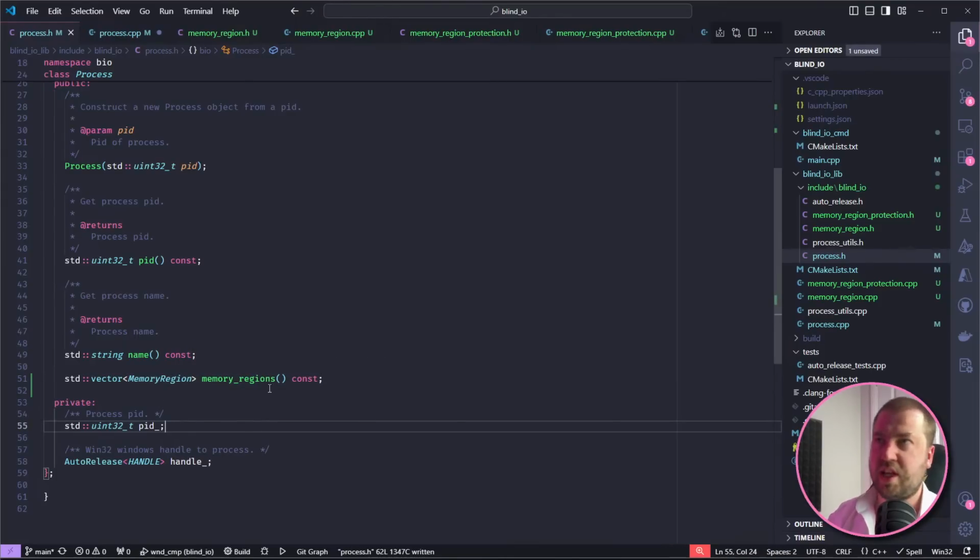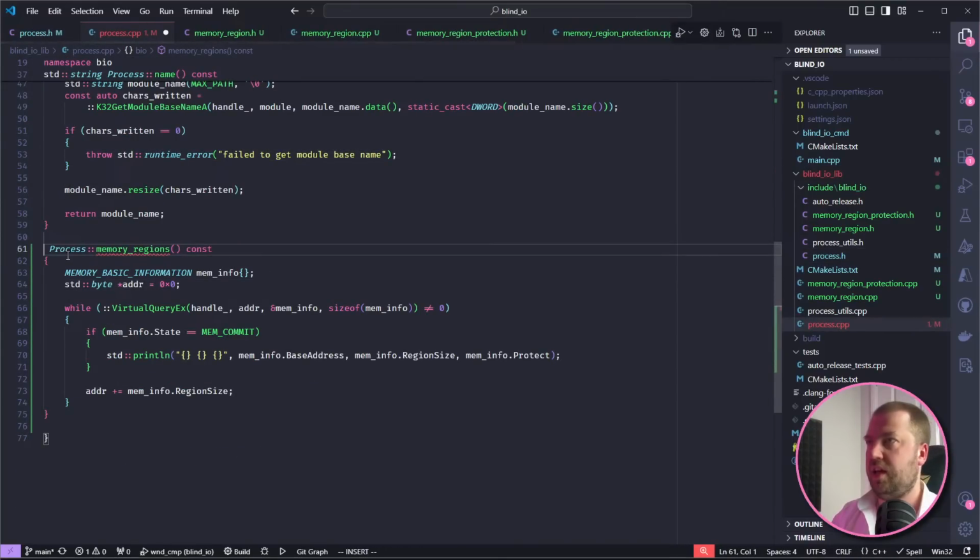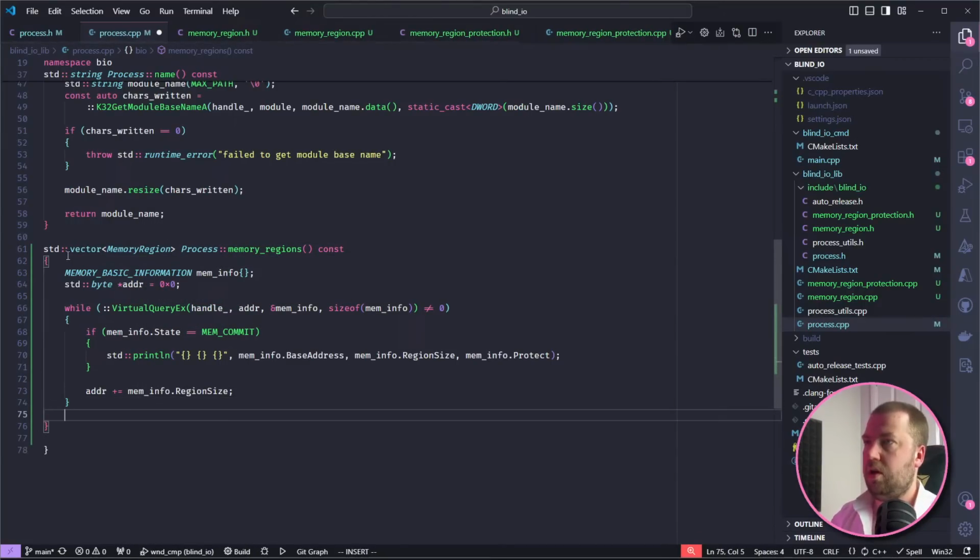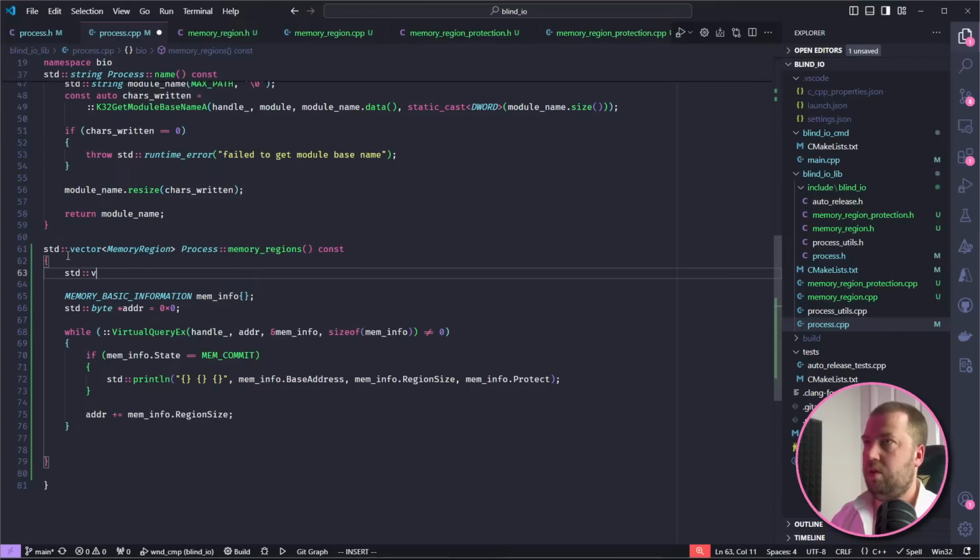It's going to, rather than just printing it out, which is not useful to anyone, we're now going to return this as a vector of these types. Vector of memory region, and then we can std vector memory regions, and then return regions.